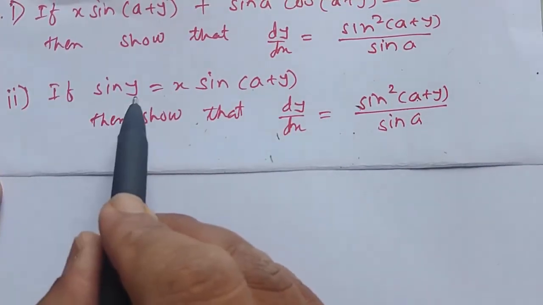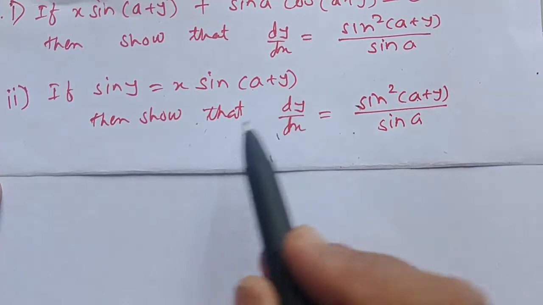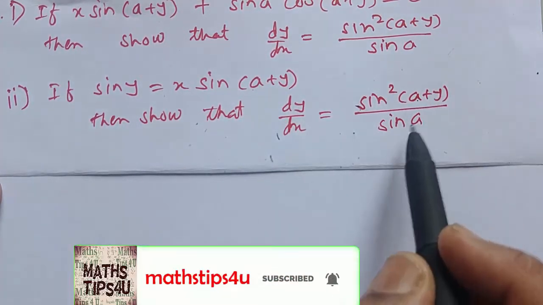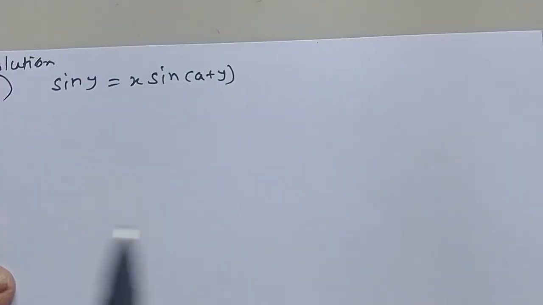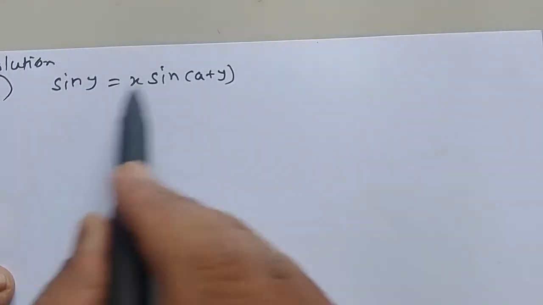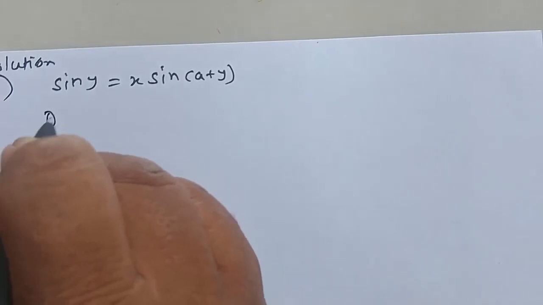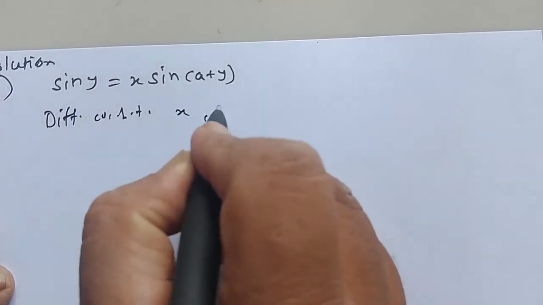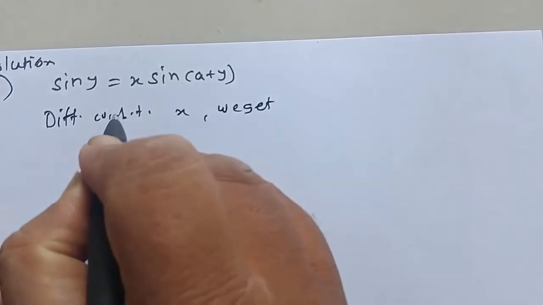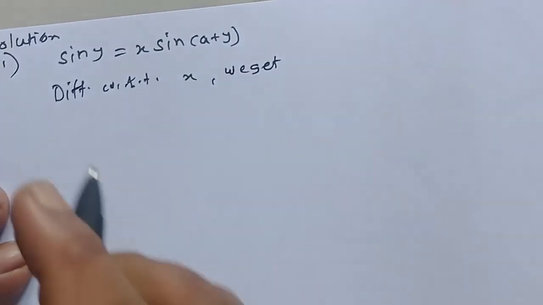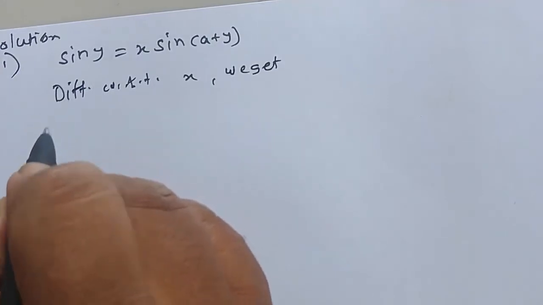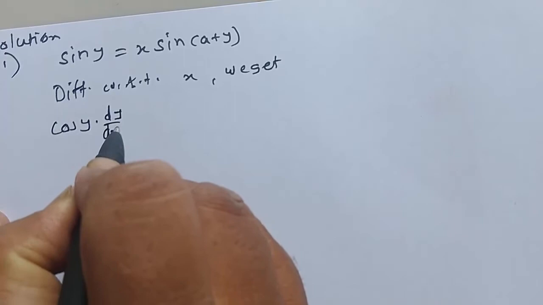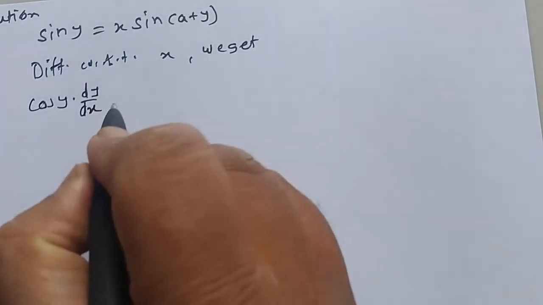Second example: if sin y = x sin(a + y), then again we have to show that dy/dx = sin²(a + y) upon sin a. Now we apply the derivative directly. Differentiating with respect to x, we get the derivative of sin y, which is cos y into dy/dx,